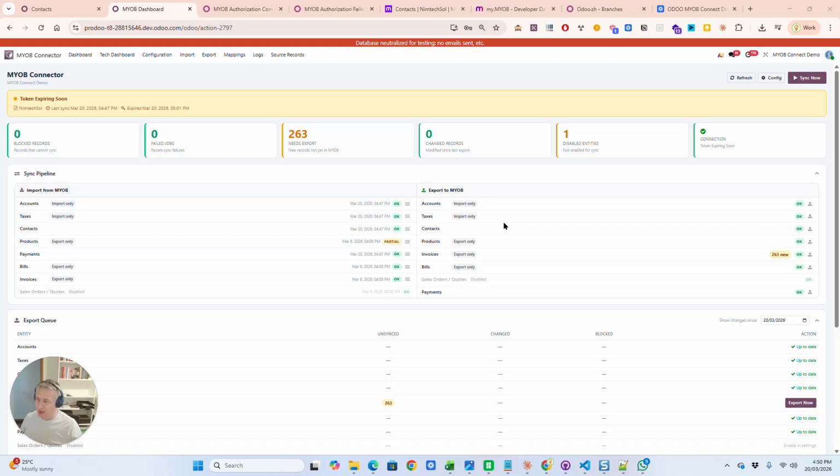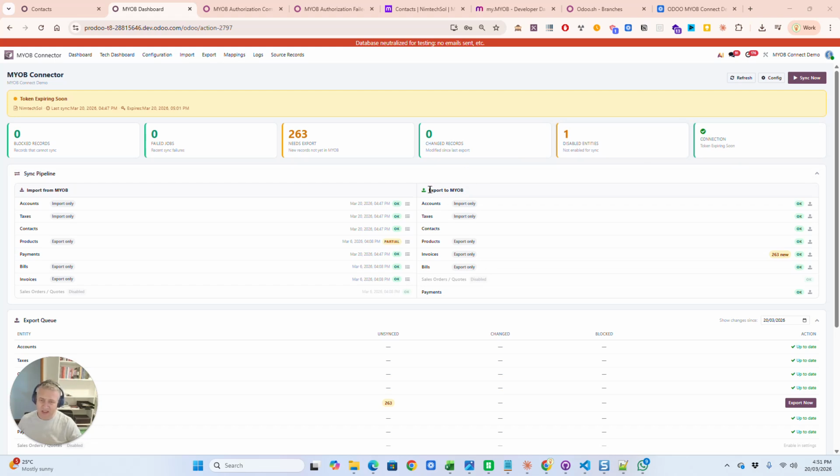Okay, so immediately if we look at the MyUp connected dashboard, we could see when last it was connected and a bunch of cards at the top with regards to a quick overview. Over here, we can see one entity is disabled. That just means we have disabled the sales orders not to synchronize. Then, maybe things that's blocked or jobs that failed, and we can see that our connection is indeed active.